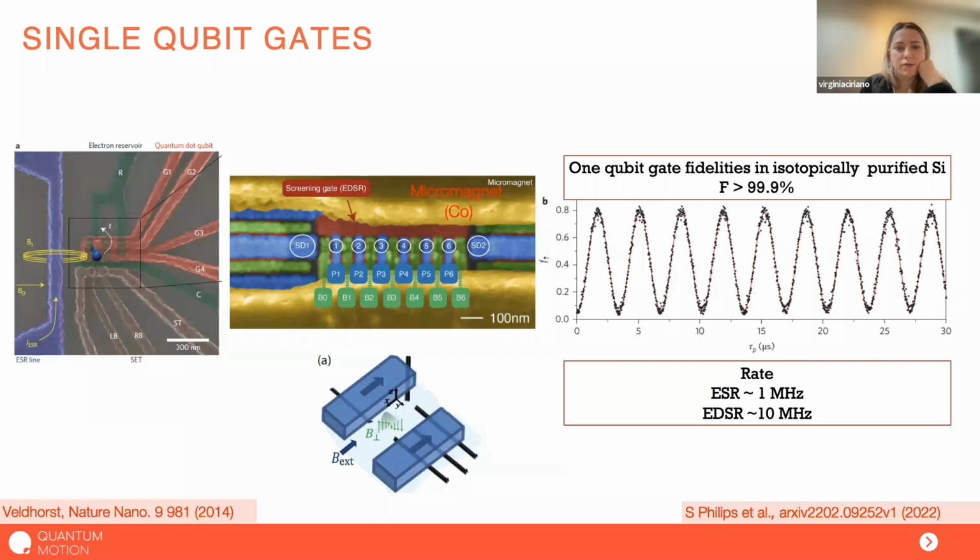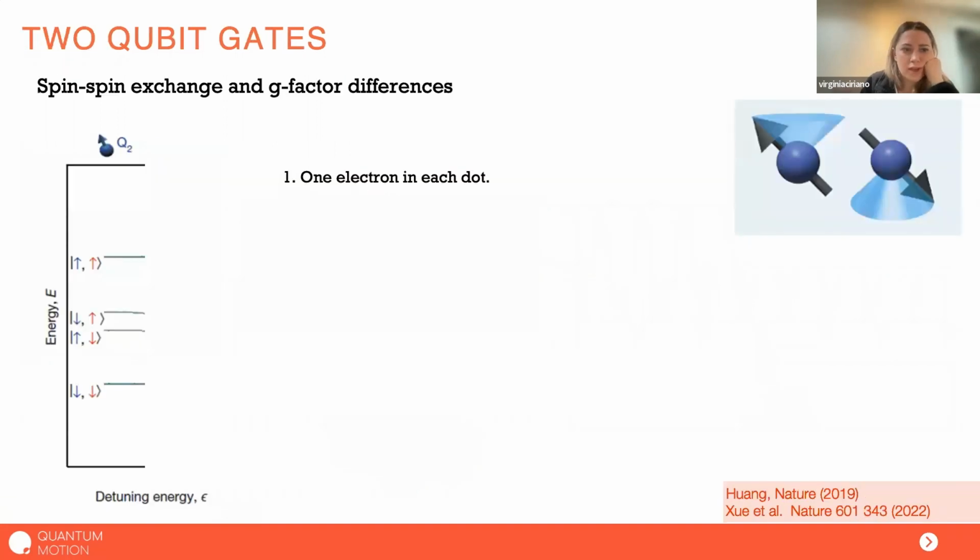And now I'm going to talk about how to make 2 qubit gates. So to make a quantum computer, you need at least 1 qubit gates to rotate the qubit in 2 different axes, but you also need to have 2 qubit gates. And to make 2 qubit gates, there are different ways. Today I'm only going to explain one kind,